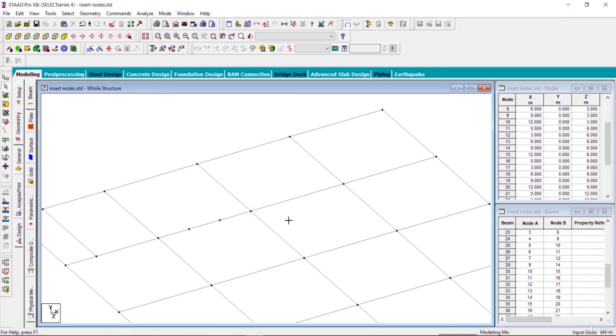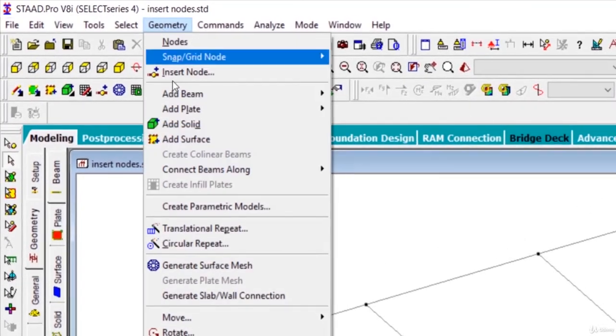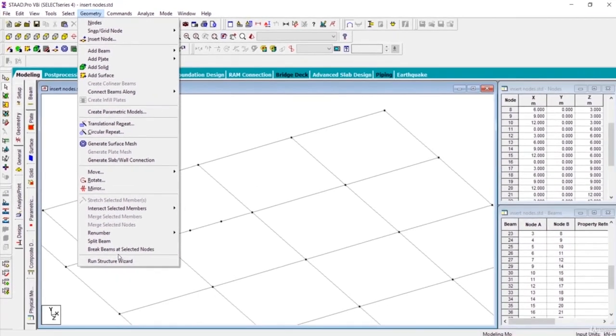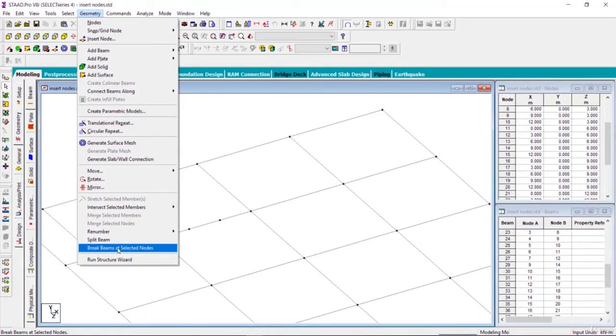Now if you select the beam by using the beams cursor, you can see that you got 2 different beams. If you go to geometry menu, you can see a lot of options that are available here: renumbering, splitting, breaking beams. I suppose that you have got a basic idea of what these actually mean. So I suggest you to play around with these options by yourself. This will help you to enhance your knowledge and better learn these options.